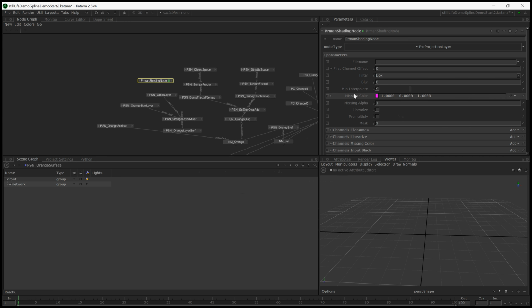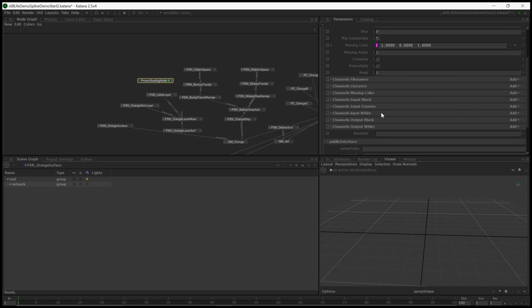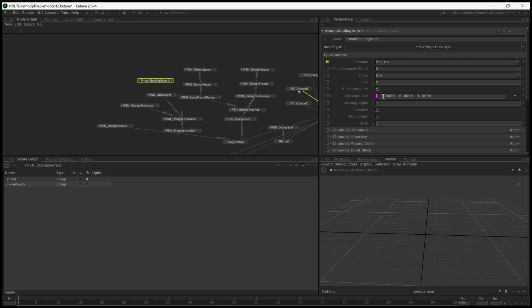Yeah, projection layer. Alright, so if you use a projection layer, we can go ahead and grab our BNL.txt file, and the real thing we need to do is, we can't just read the texture. We need to tell it which label to use or which coordinate system. That, I believe, is determined by what's connected to the manifold. So we're going to go to PSN, label text,